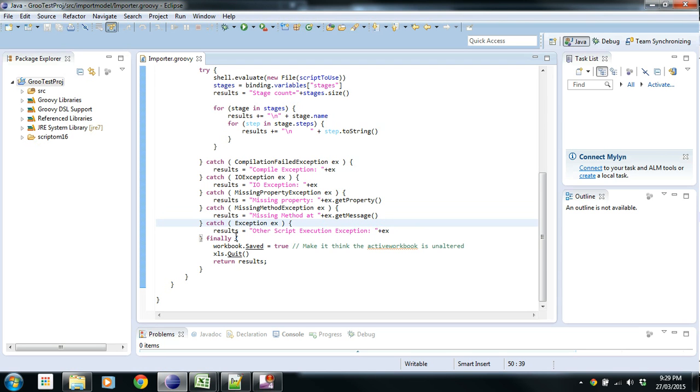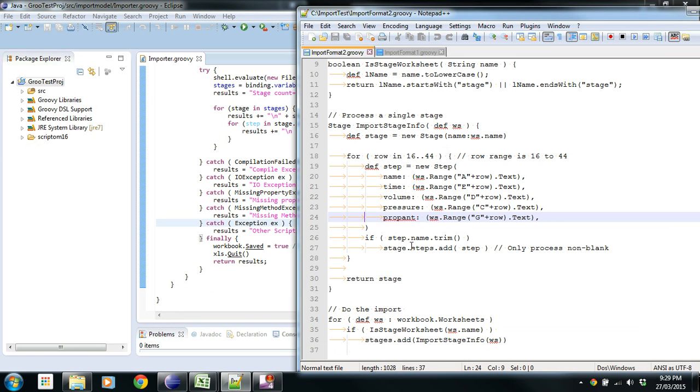So that's it in a nutshell. Using Groovy, we're able to decouple this application from the spreadsheet format. So here we have the application. It knows the common things it needs to pull in. And it's able to use a script to pull in what's appropriate for whatever spreadsheet format it's given. It's pretty nice stuff,